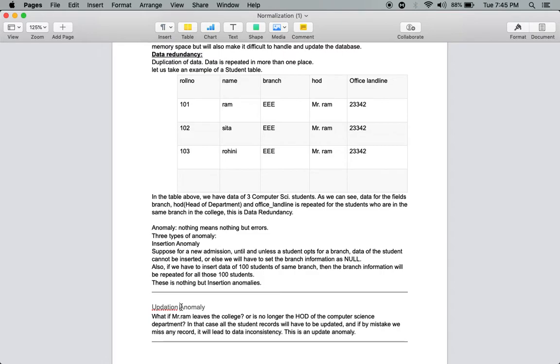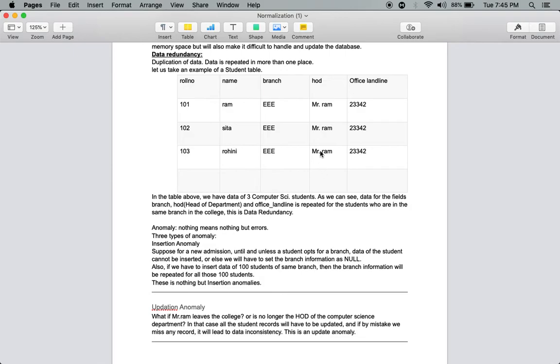Now, what is updation anomaly? Updation anomaly means if the HOD of the department changes, then you have to update the HOD name in each and every column.